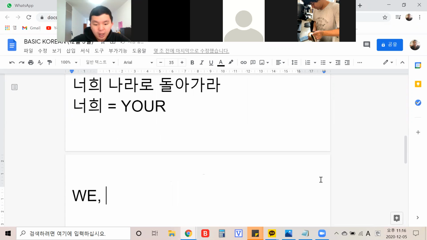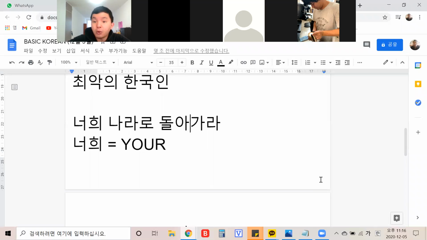Like we and our in Korea are simply 우리, because in Korea we don't have a be verb, actually. So sometimes you need to change how to say the verbs depending on the subject. For example, I am, you are, like be verbs, you know. But in Korea it doesn't matter because we don't have be verbs. We just put all together.